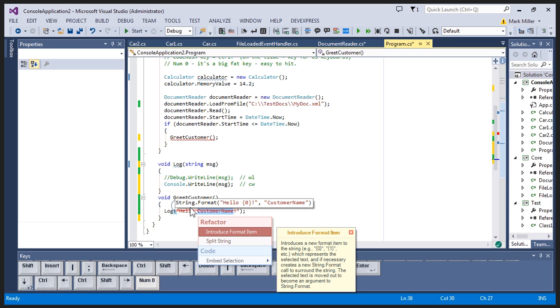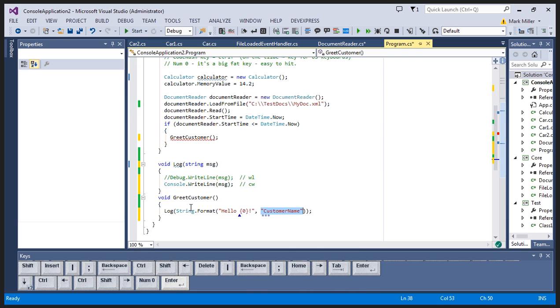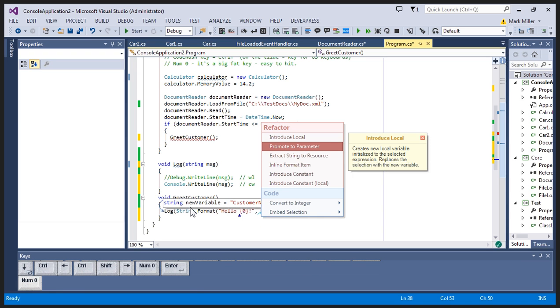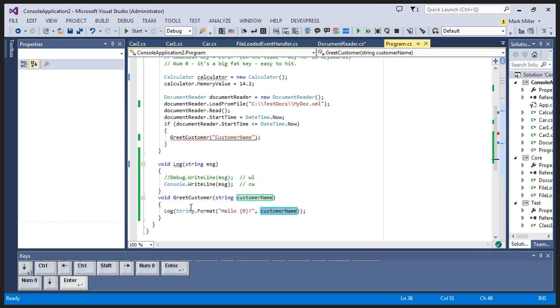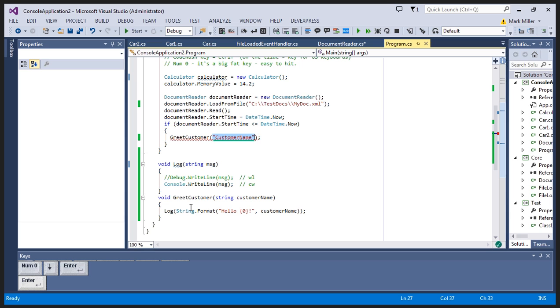So first step is we hit the CodeRush refactor key, and we're going to just hit enter on introduce format item. Second step, it's selected now. We're going to hit the CodeRush key and say promote to parameter. Okay, and that's essentially it. It's given us a good name, but we could change that if we want to. But that's it. It's like a two-step process, and now we have greet customer, and we're passing it